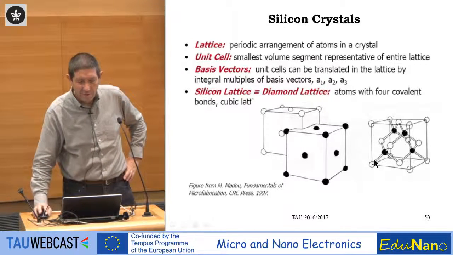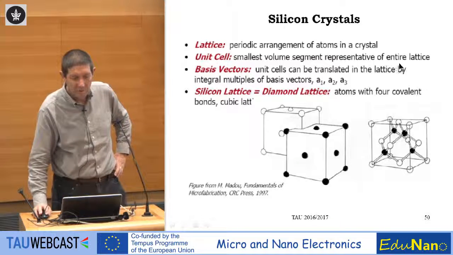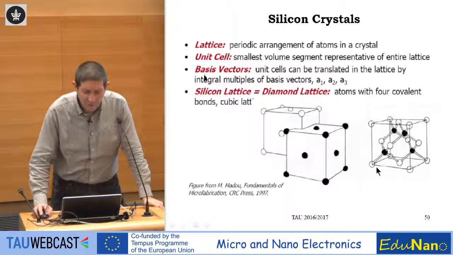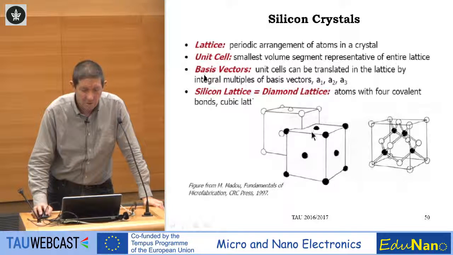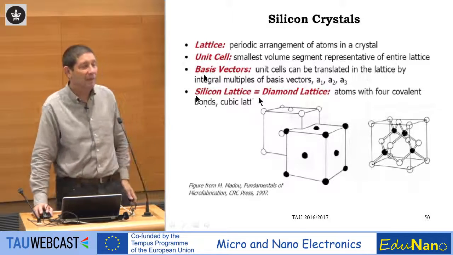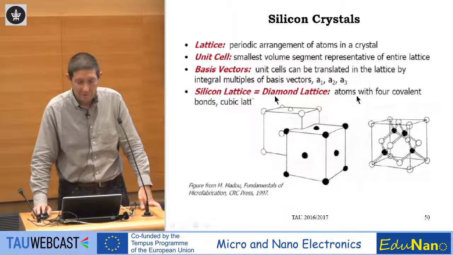So we can define the unit cell, the smallest volume segment representing the entire lattice. And we have the basis vectors. We can define each unit cell, which can be translated in the lattice by integral multiples of the basis vectors. And the silicon lattice is practically a diamond lattice, atoms